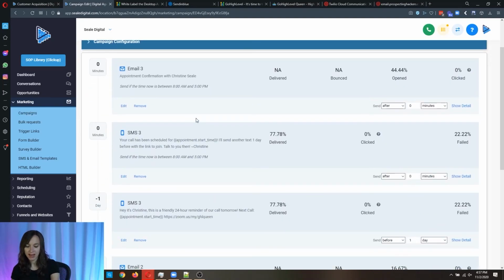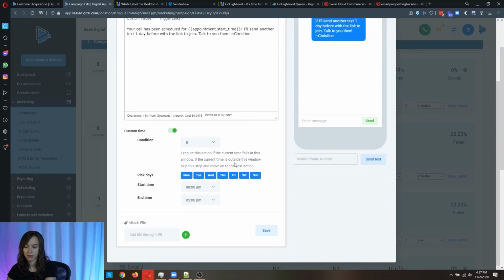So the campaign will actually send a text and an email immediately as soon as they schedule, which is why it says after 0 minutes, it's just going to send it right away. And then this here, if the time is between 8 and 5, I'll just talk a little bit about the conditions.